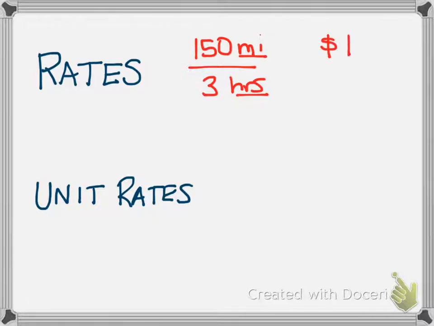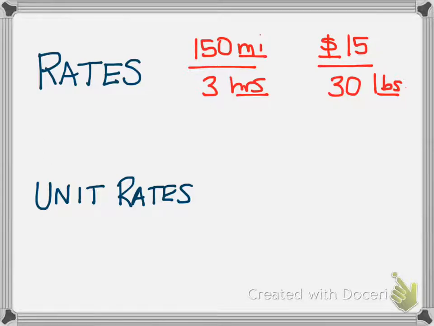Or it could be something like $15 for every 30 pounds. Okay, so those are rates. In this case, we're comparing dollars to pounds, so we're comparing two different units, and those would be special ratios that we call rates. We can take those rates and create an even more useful thing called a unit rate,